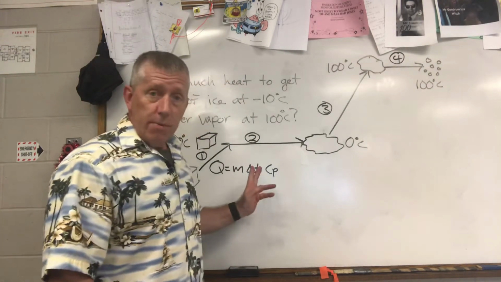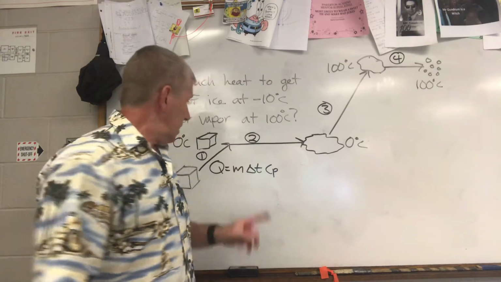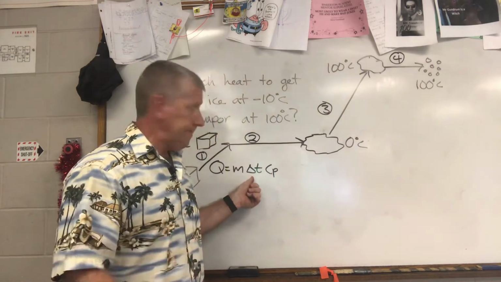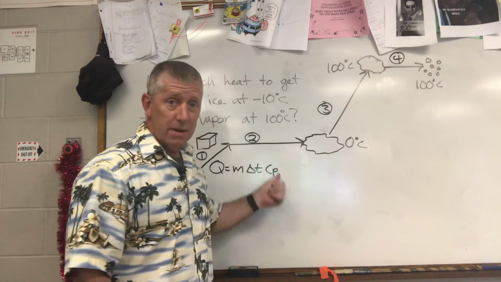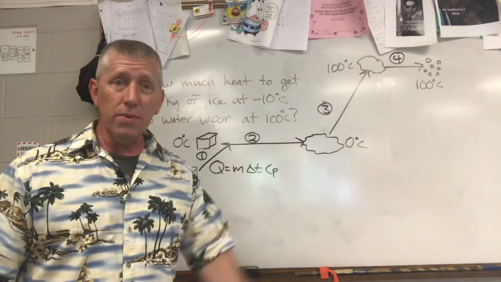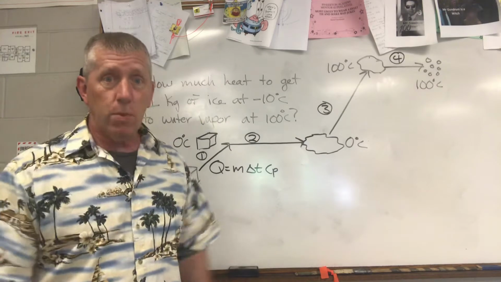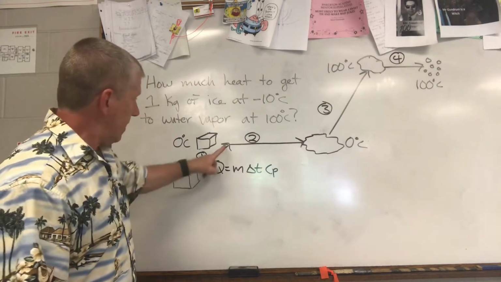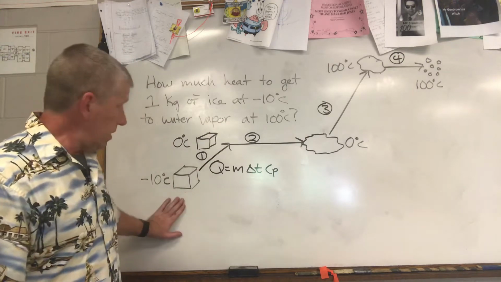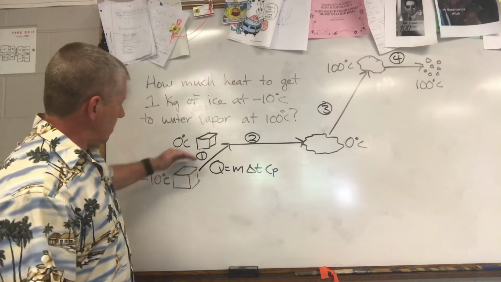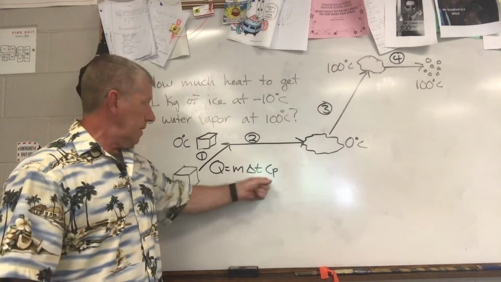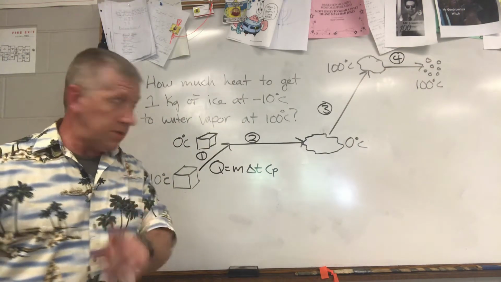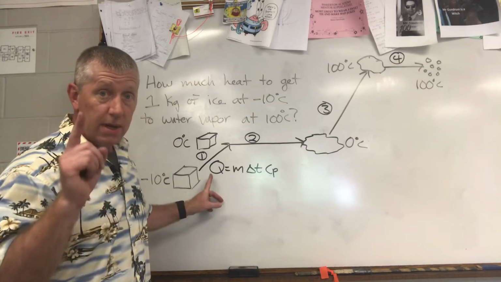Now, some of you might remember this as MCAT. M, and you switch these, C, and the delta looks like an A, T, so cat. It doesn't make any difference what order you do it in, you're multiplying them. This is the heat equation. It works for step 1 because we have a mass, this is 1 kilogram. We have a change in temperature, the temperature's going up, and we have a specific heat for ice that we'll have to put in there. Be careful, it's not water yet, it's ice here, so we need Cp of